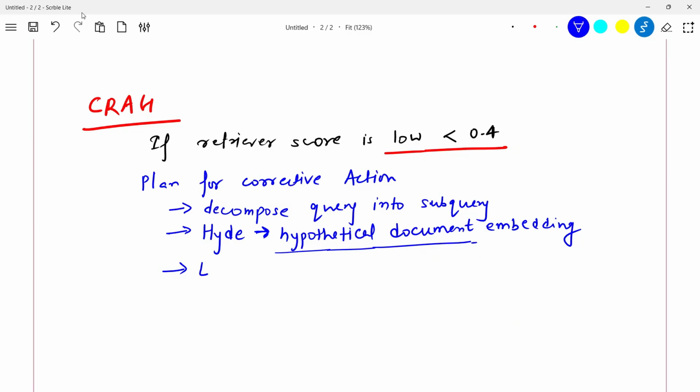The third thing that you can do in CRAG is expand scope. What is the meaning of expand scope here? Use bigger chunks, add a glossary, try a different retriever. There are many things you can do, and you can do more things here. I'm trying to just give you some idea of what is corrective RAG. If your retriever score is low, then you do one, two or three of these. That also I have put in my code. And last, the theory bit before we go to the Python.